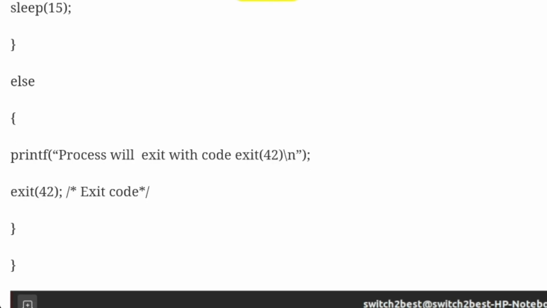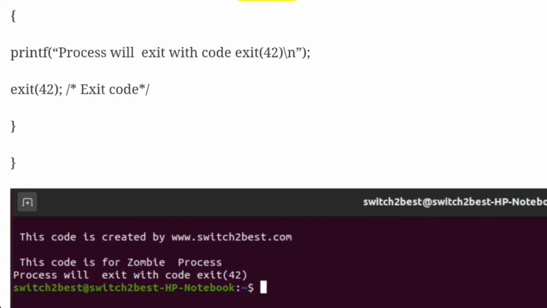In the else part, the child process exits with the exit code 42, but the exit code status of this child process needs to be known by the parent process, and the parent process is in sleep mode. So the child completes its execution but is still in the process table because the parent process needs the exit code of the child process. Such a scenario is called a zombie.